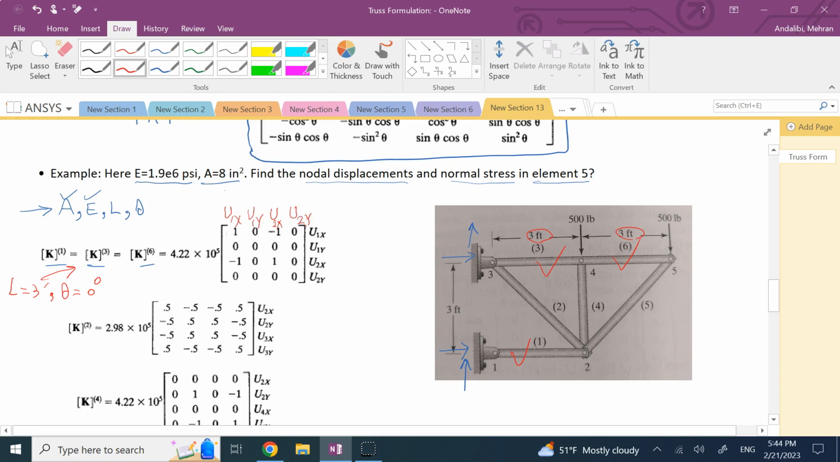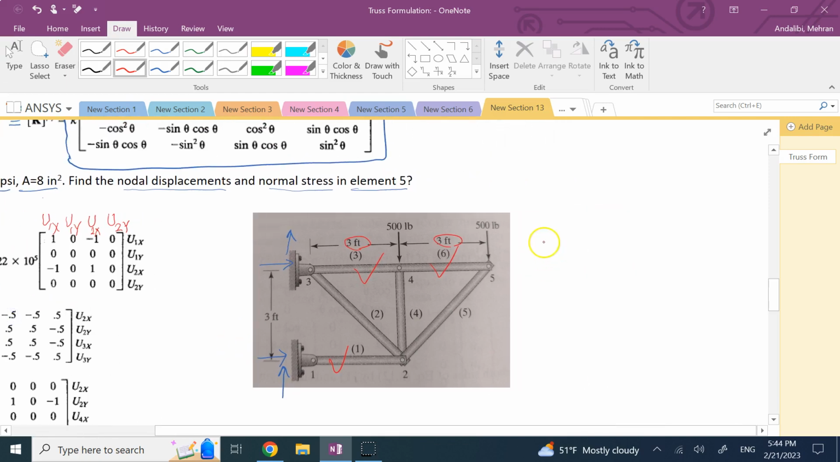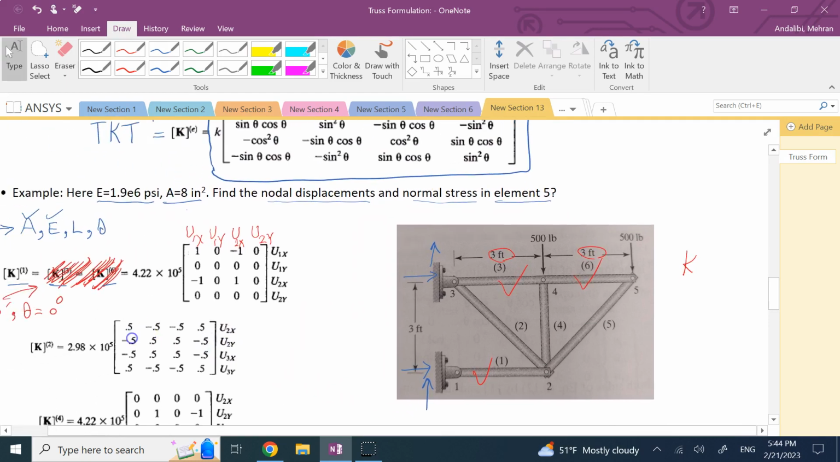So this part is only for what then? This part is only for K1. K1 is the same. But now, if I want to look at K3, for example, let me write K3 here. If I want K of member 3,